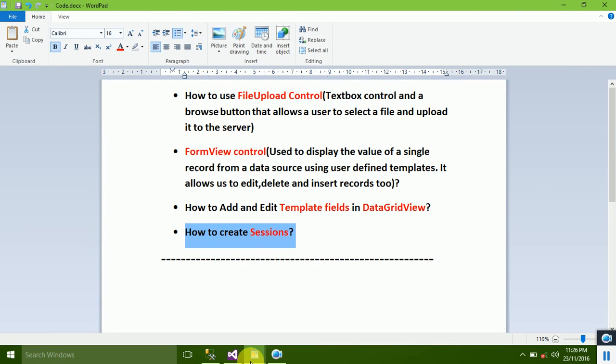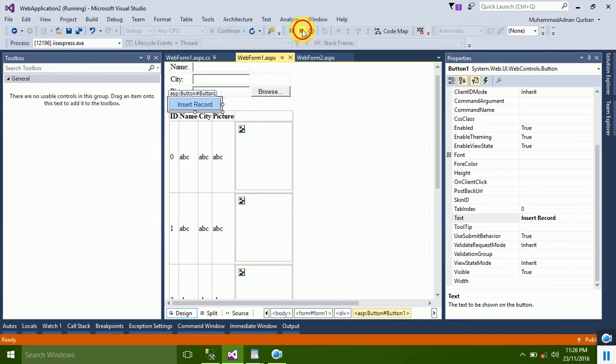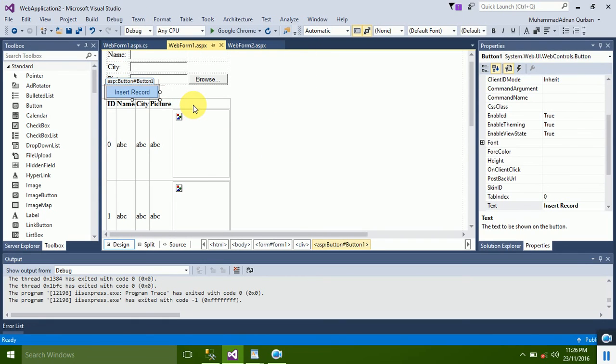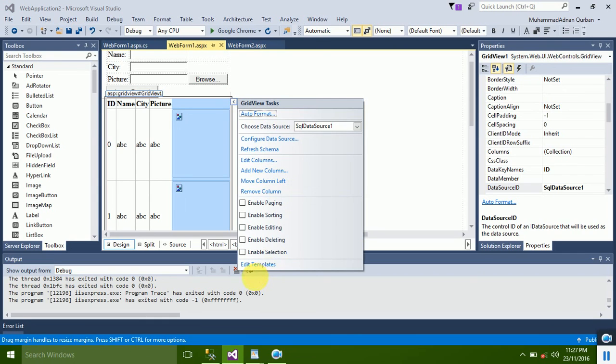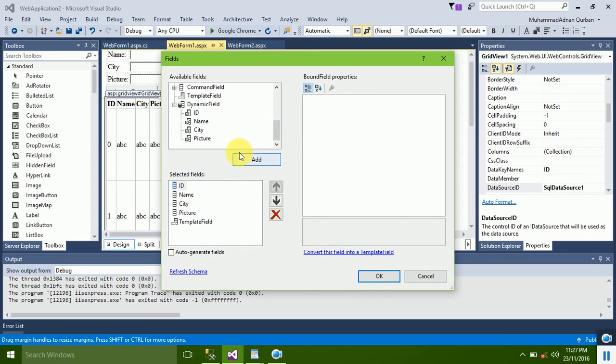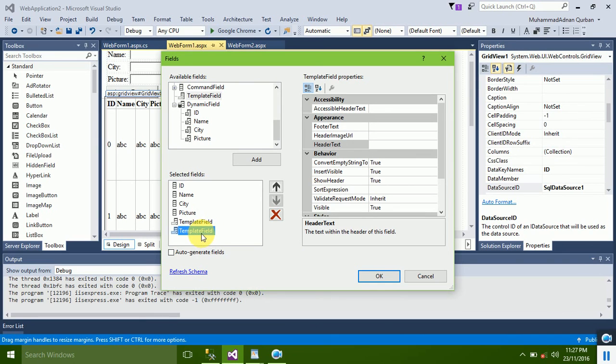Close this one and go to Visual Studio, stop our project. Now again select your grid view and click on this arrow, and in order to add another template field, we will click on edit columns, and we will select template field and click on add button, and it will add another template field. Let's take it to the top of the fields. Just click on this arrow button and it will take it to the top, and then click on OK button,